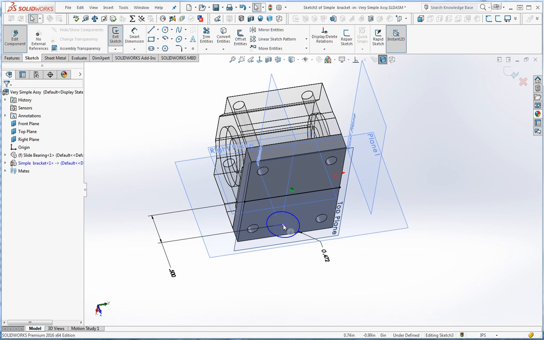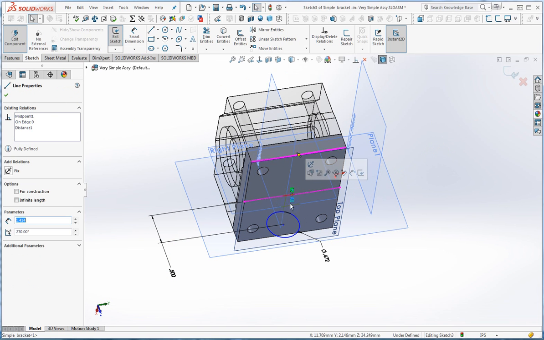I'm going to make this collinear, if you will, with the center of that line. Notice there's a center mark. If I click on it,